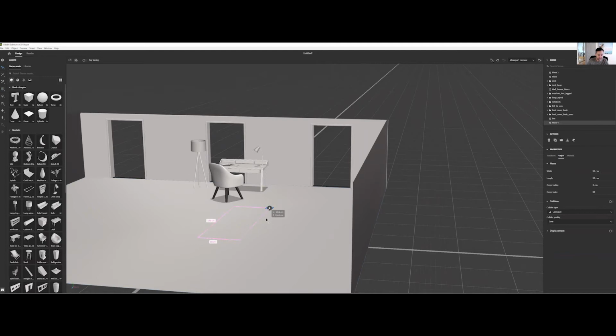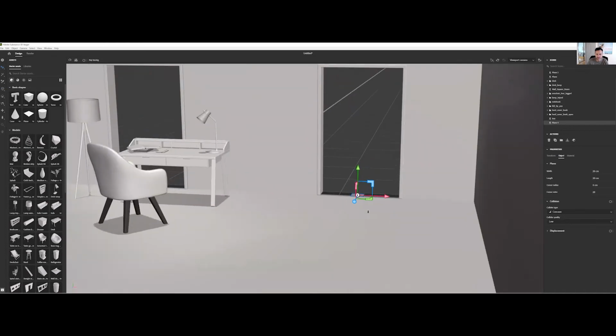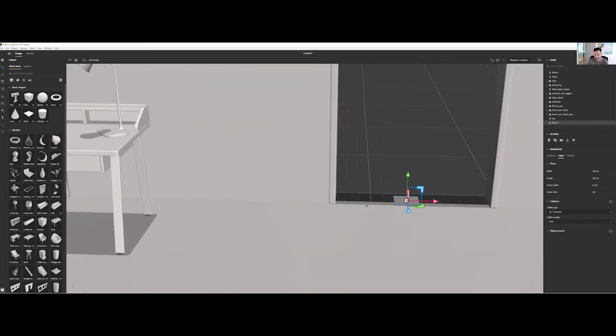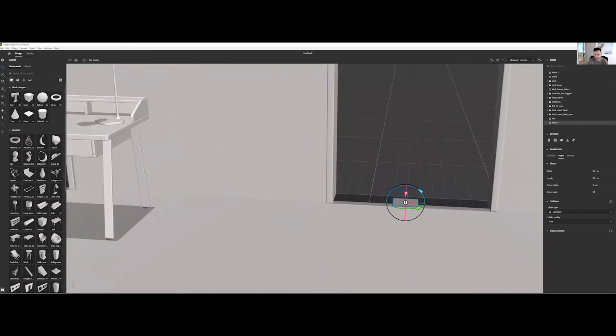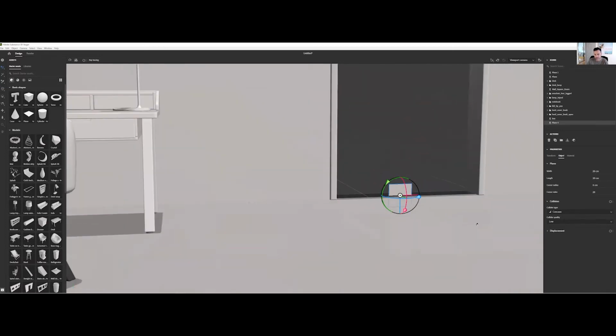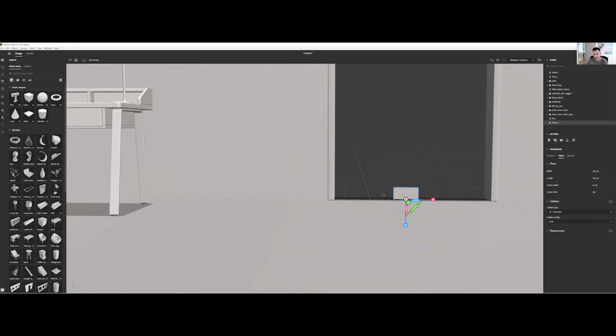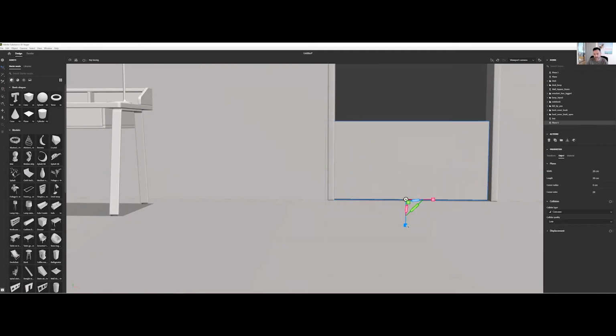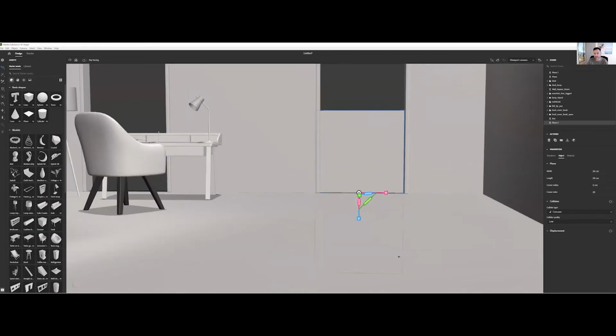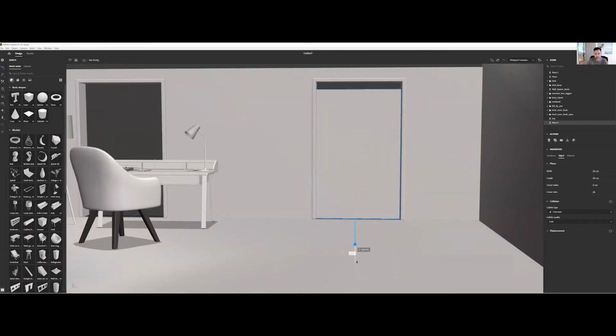So the cool thing with this is if you grab the center axis there, you can drag that around and it will snap to the various edges as well, which is another really nice feature for alignment and so forth. So yeah, I can just position that up. Again, if I hold down Shift, I know that it's locking to that 90 degrees. Using R, I'm just going to scale that up and then up as well. So I'm just adding in that window pane,